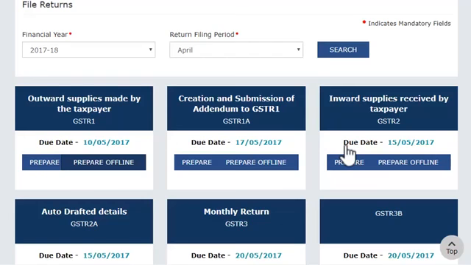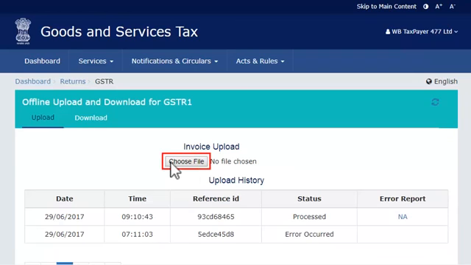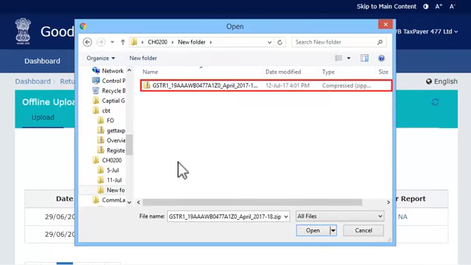The pending returns of the selected tax period will get displayed. From the outward supplies made by the taxpayer GSTR1 tile, select the Prepare Offline option. Then select the JSON file that you created